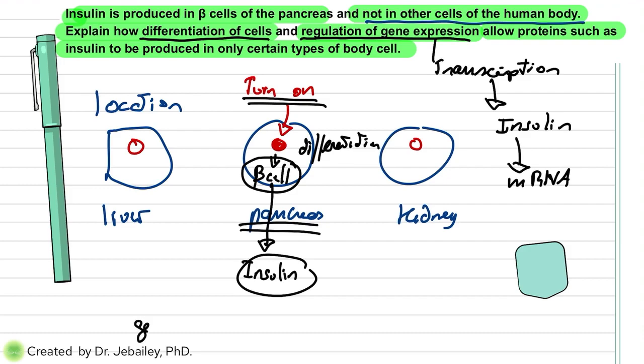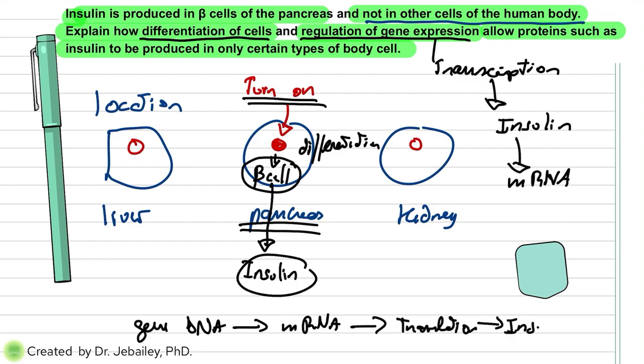So by knowing the gene on the DNA that creates insulin, you convert it into mRNA through transcription, and then the mRNA is read, and from there we go to translation, in which translation will create the insulin. Now, to trigger the gene or DNA